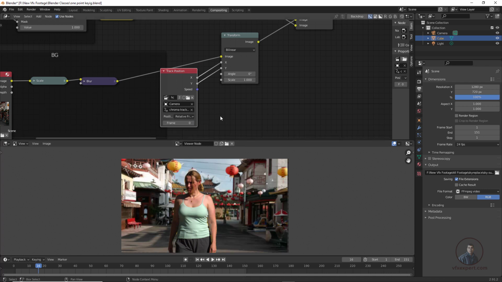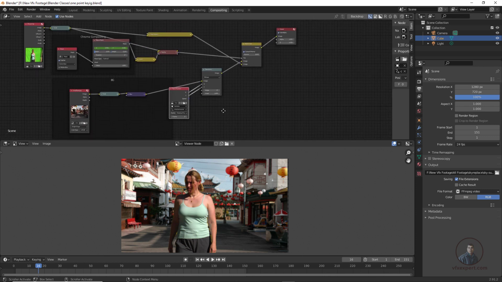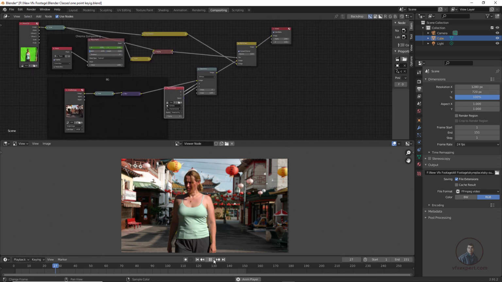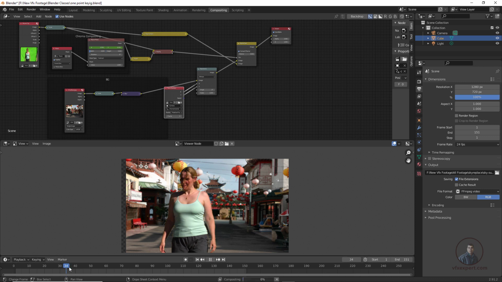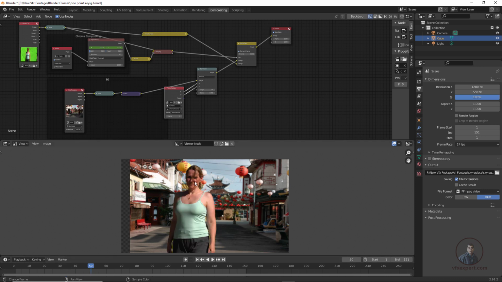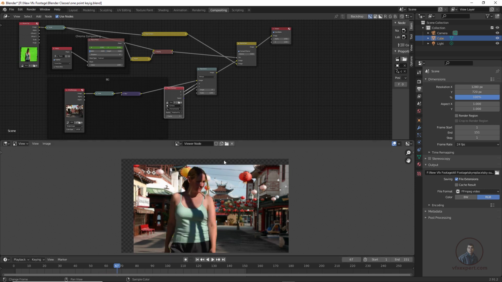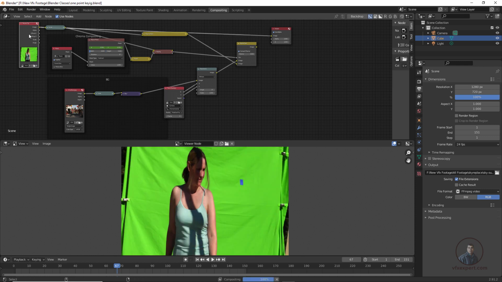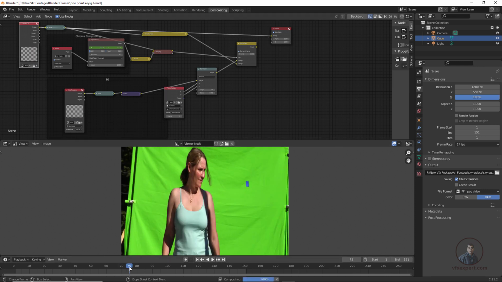Now you can see here. There is an important thing here. Now if you play and check, you can see this background is moving according to our footage motions, or this footage background motion here. Remember this one, as in our original footage. If you want to check, you can check: Control and Shift, click here. You can see this is our original footage movements here.